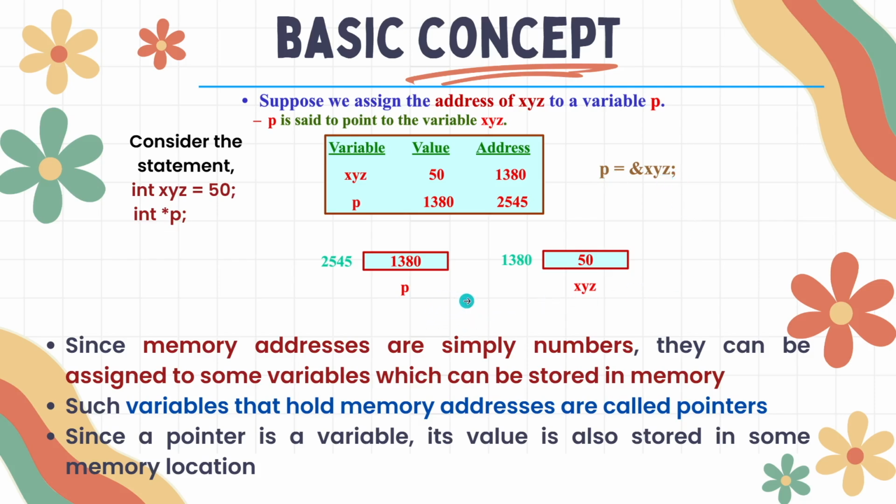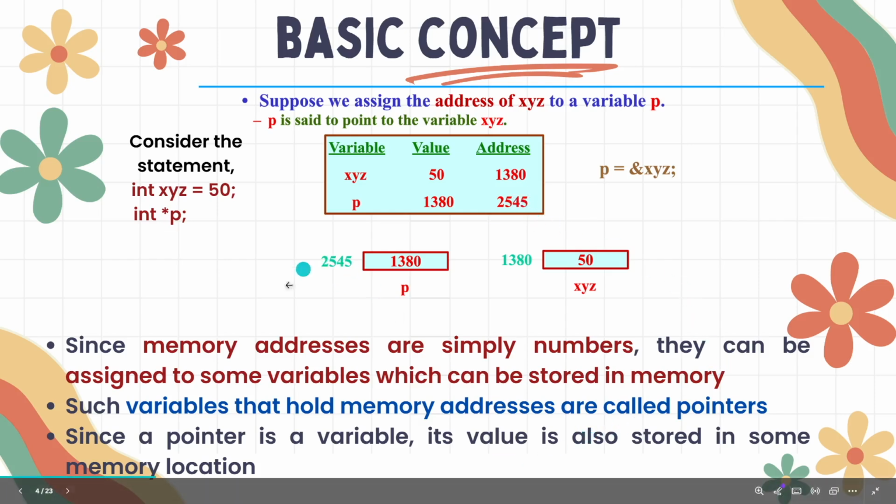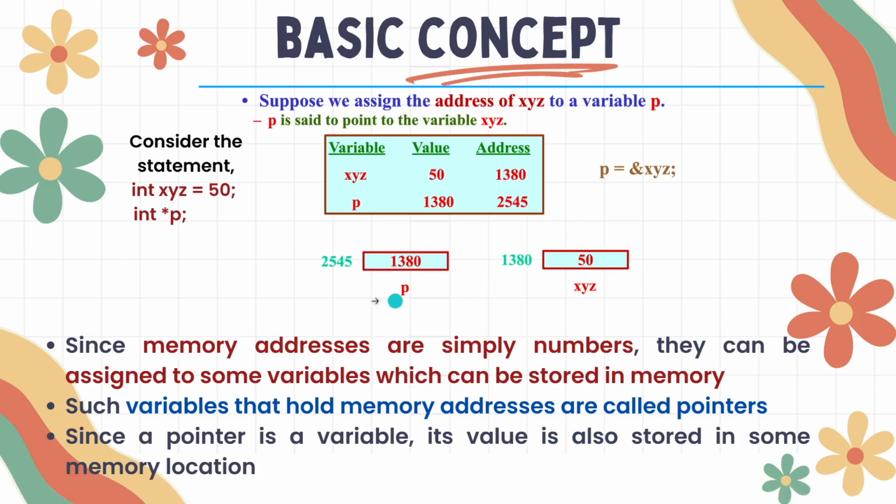So, internally this would be the state. This is the symbol table, or you can assume that to be a table with variable xyz having a value of 50. And during the time we declare this variable, memory would be reserved for this variable xyz, and in our case its address is 1380, and because of this assignment, the address of this variable xyz is assigned to p, which means p now holds that value, as you see here. And in turn p itself is a pointer variable, and so it should also have some memory address associated with it. In our case, that memory address is 2545, which we have put up here. So, what you understand here is that a pointer is also a variable just like any other variable. So, for it also memory is allocated,